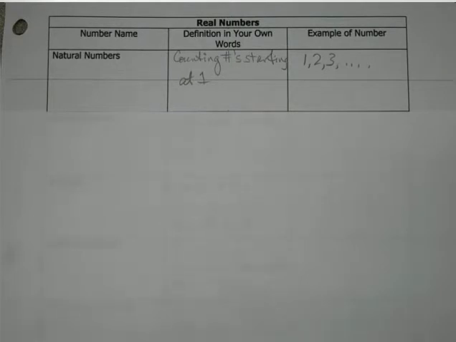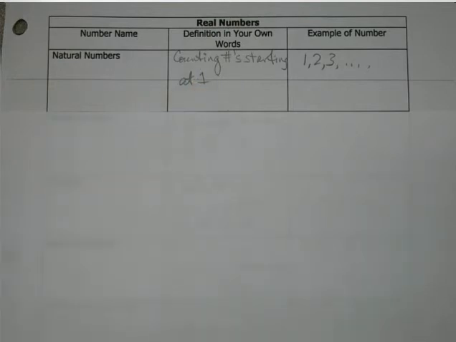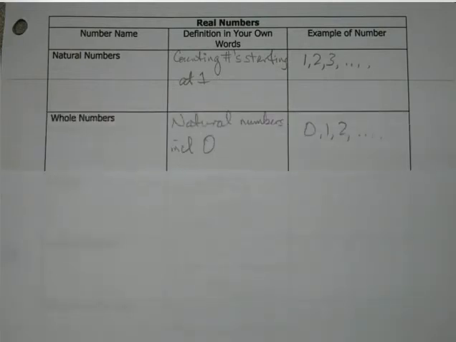First one we're going to talk about is natural numbers, otherwise known as counting numbers that start at 1. So if somebody told you to start counting, you'd be like 1, 2, 3, 4. That's basically what a natural number is. Okay? However, as we start to expand the group a little bit, the next group we have is called whole